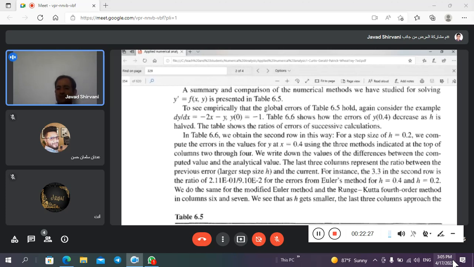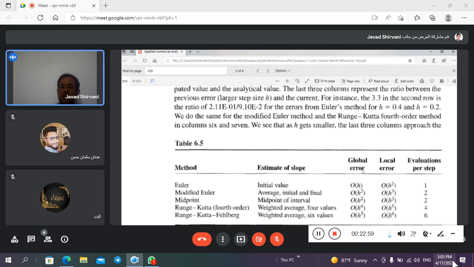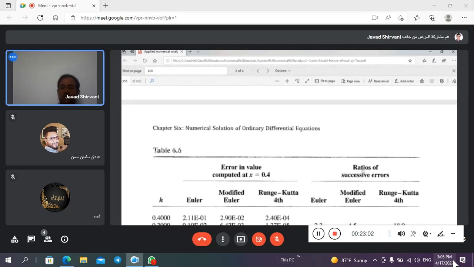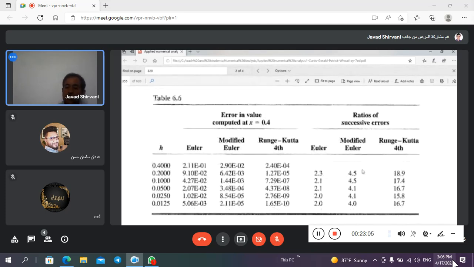We have another table, for example, following table 6.5. For the step size of h equal to 0.2, in this case we compute the errors at different points, and we can see what happens in the next table, the first table for different h,